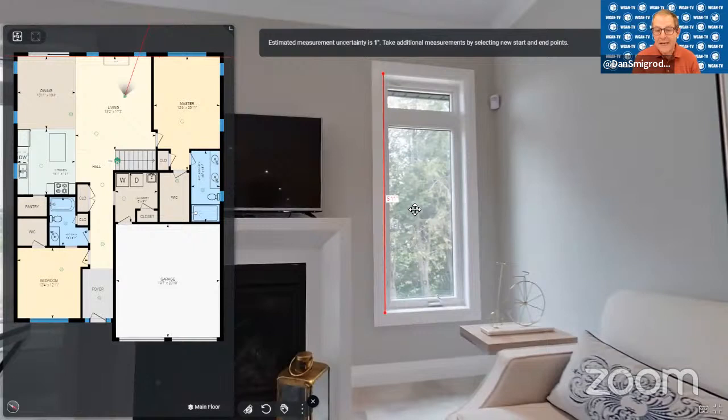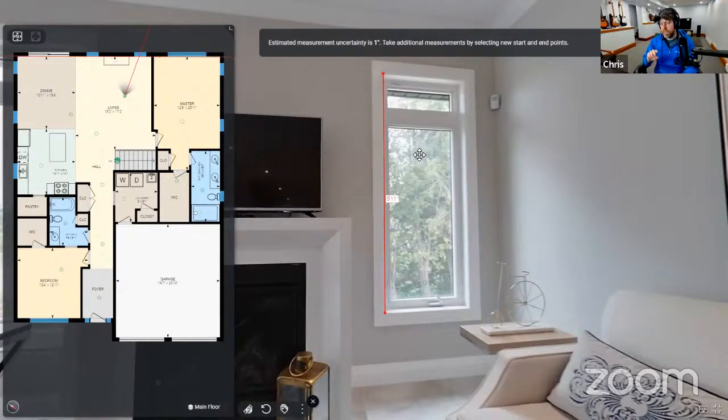How accurate is that? Or is it ANSI accurate? And that's what we're going to talk about in part 2 of our show today. Right. So the estimated accuracy, so that's a separate issue. So it's completely separate from ANSI measurements, but it's a similar principle in that there's always going to be some margin for error. So if you actually look at the top, the estimated measurement uncertainty on that measurement is 1 inch.